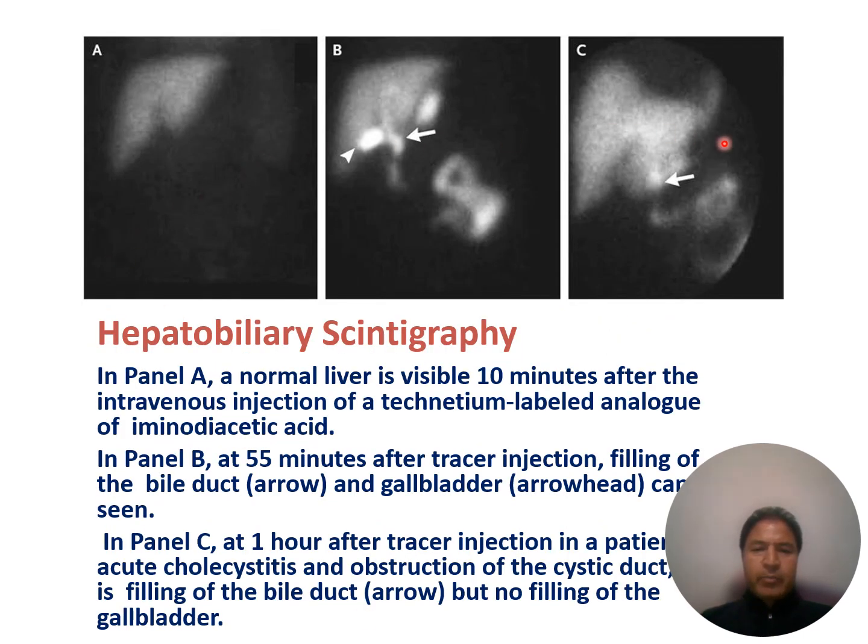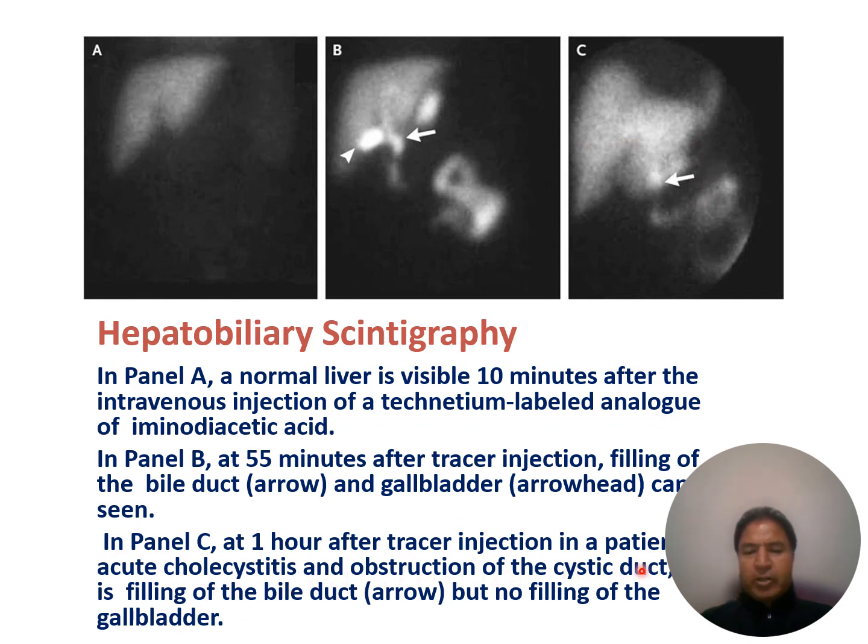Look at the diagrams. Hepatobiliary scintigraphy. In panel A, a normal liver is visible 10 minutes after the intravenous injection of a technetium-labeled analog of aminodiacetic acid. In panel B, 55 minutes after tracer injection, filling of the bile duct (arrow) and gallbladder (arrowhead) are seen. In panel C,